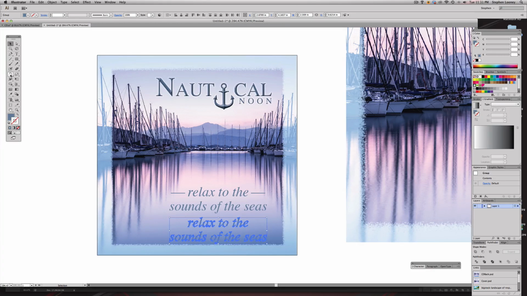I'm now going to come up into here and go to my Reflect tool. I'm going to click, hold Shift, and pull straight down, and it's going to flip these over vertically. Okay. The very next thing I'm going to do is select both of these